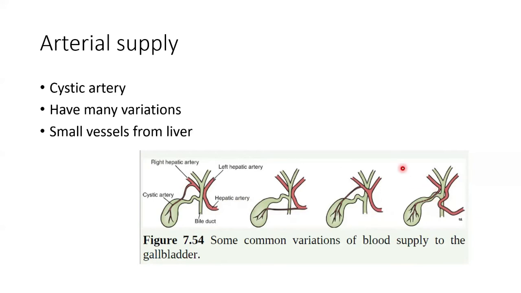There are many variations. It's important to know about these variations because in some conditions you have to remove the gallbladder. Like when there's stones causing symptoms or infection, as I said, cholecystitis, you have to remove the gallbladder. And in that case, you have to ligate the cystic duct and the cystic artery. These two have to be ligated and cut off, right, to remove the gallbladder. So then you have to be careful not to damage the bile duct and the other hepatic arteries. Therefore, you have to know about these variations.